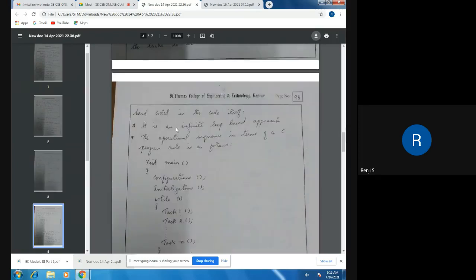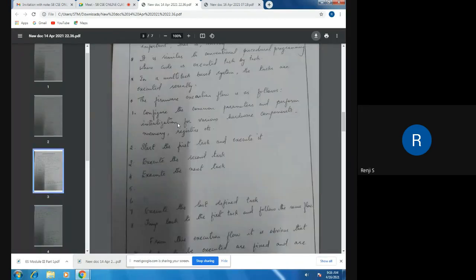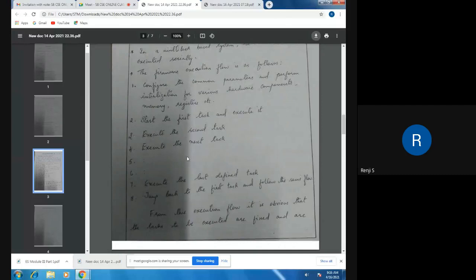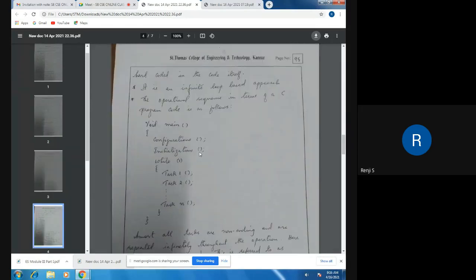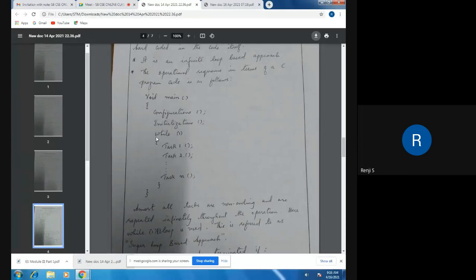And then the first step is over. Next we said we have to execute the first task, then the second, and so on till the end task. This will happen in a loop, and this takes place continuously. So we have to write a loop for executing the tasks. There can be several loops, but here I'm representing it using a while loop. So while bracket 1, and what do you mean by while 1?